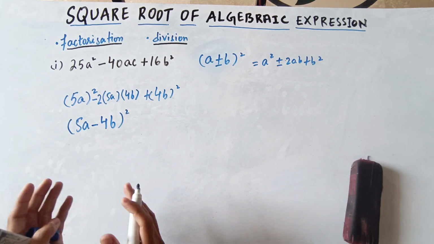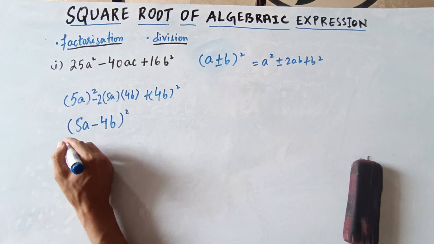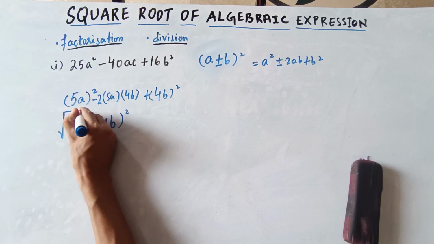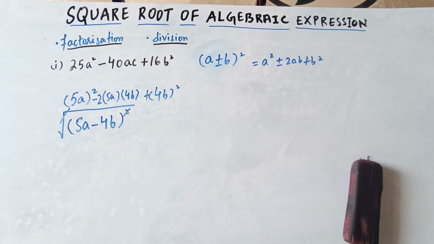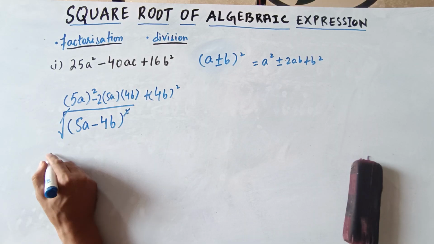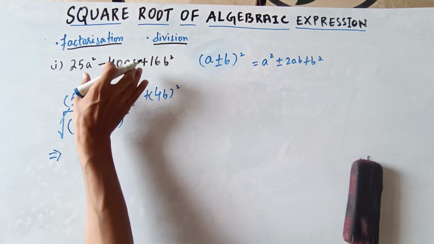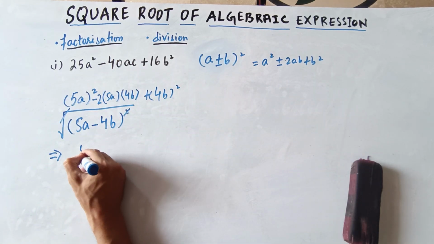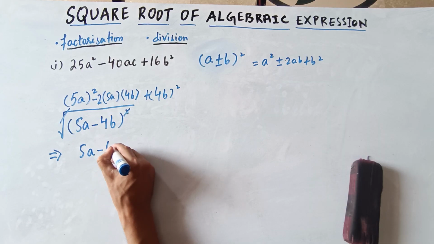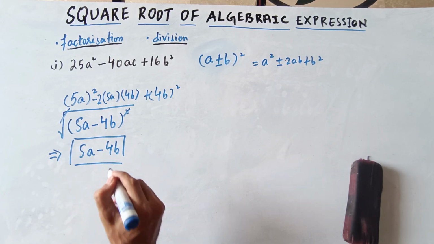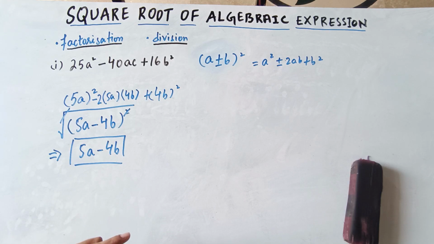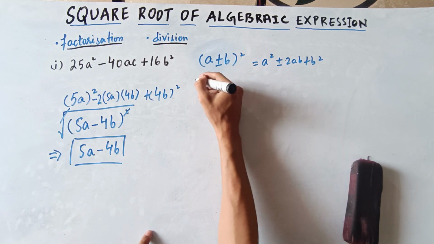Right? As you are finding the square root, you should apply the symbol of square root over here. So square and root will cancel with each other. Your answer for the square root of this expression is 5a minus 4b. This is how we can find the square root of an algebraic expression by using the factorization method. Let's see one more example